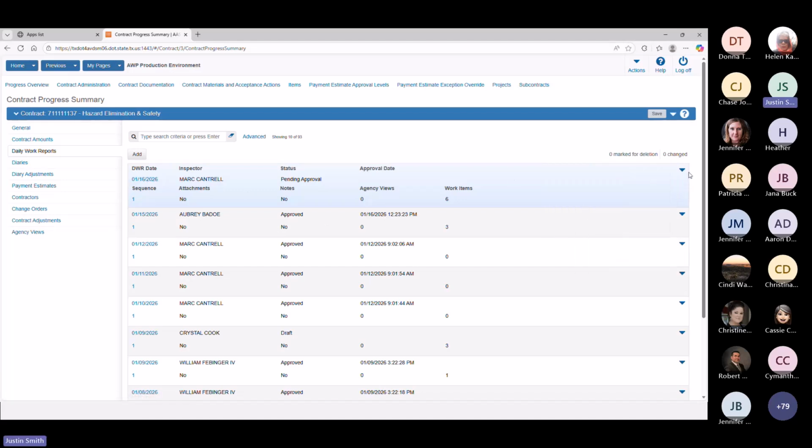Each line item on here also has a drop-down menu. These are our row action menus. Again, this is how you manipulate things within APCM. You can delete it. Mark might get upset with me if I delete his stuff, so I'm not going to do that. If you're looking for something in particular, say a specific item on a specific DWR,